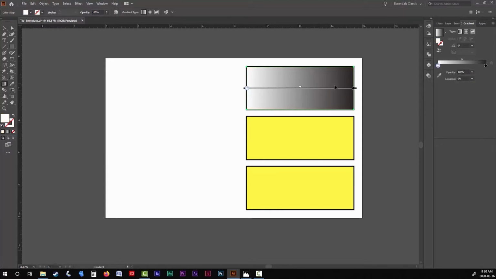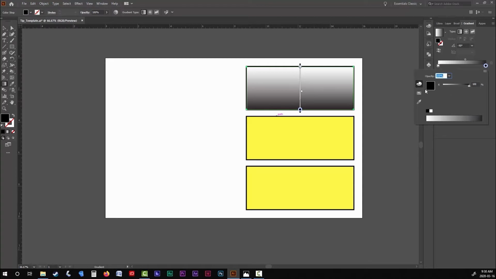Now you can control your gradient's rotation inside of the menu by choosing a particular rotation setting, or you can rotate the gradient manually using the tool itself. You can also control the depth of the gradient by moving the little slider, either on the tool or in the gradient ramp in the menu. If you want to change the colors, all you have to do is click on the color points which are located on the gradient ramp.